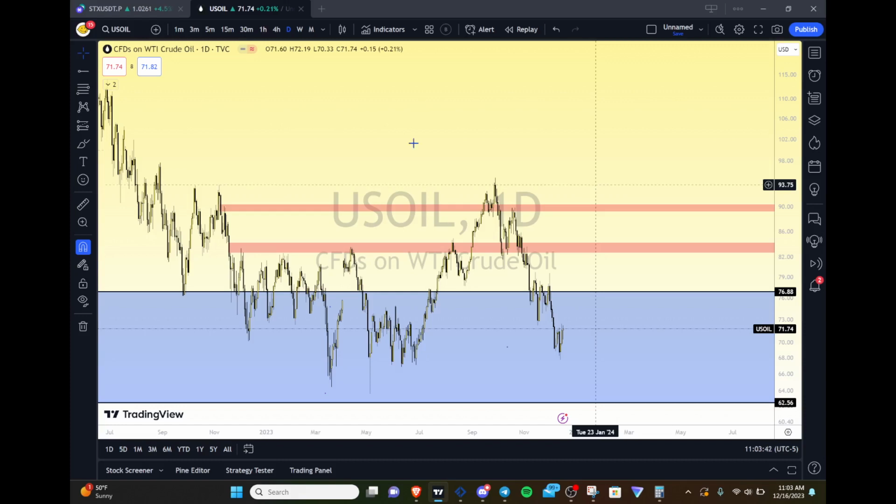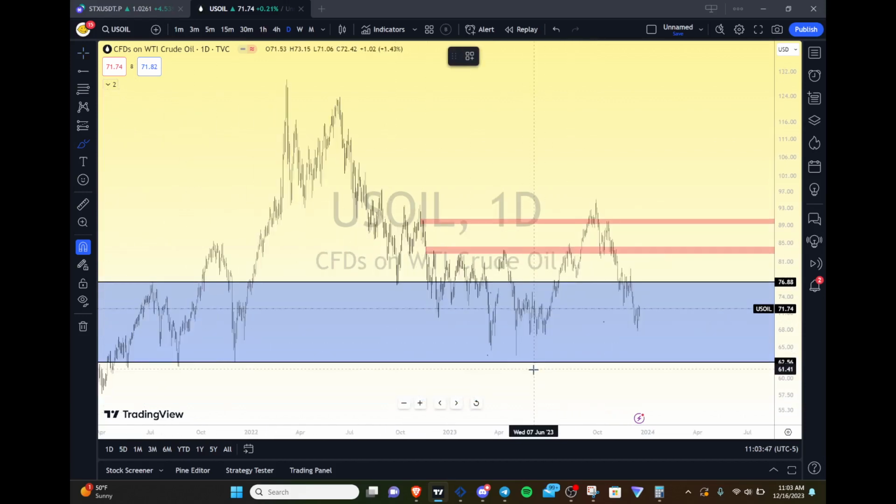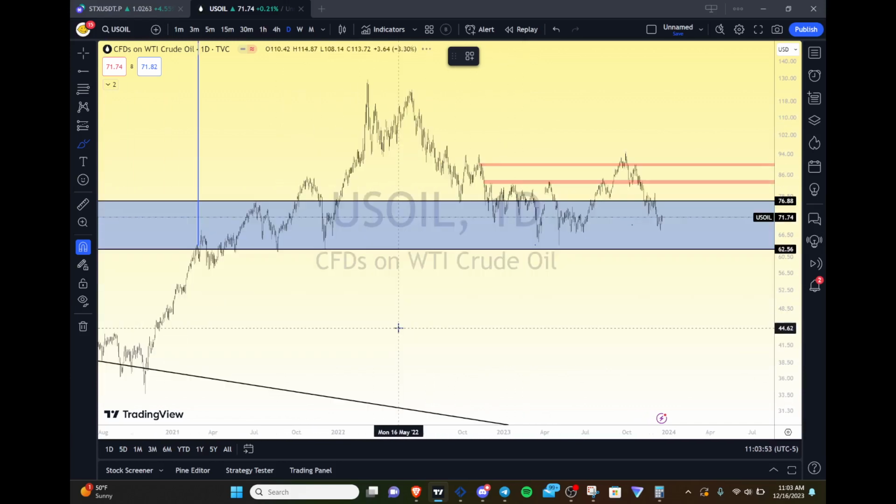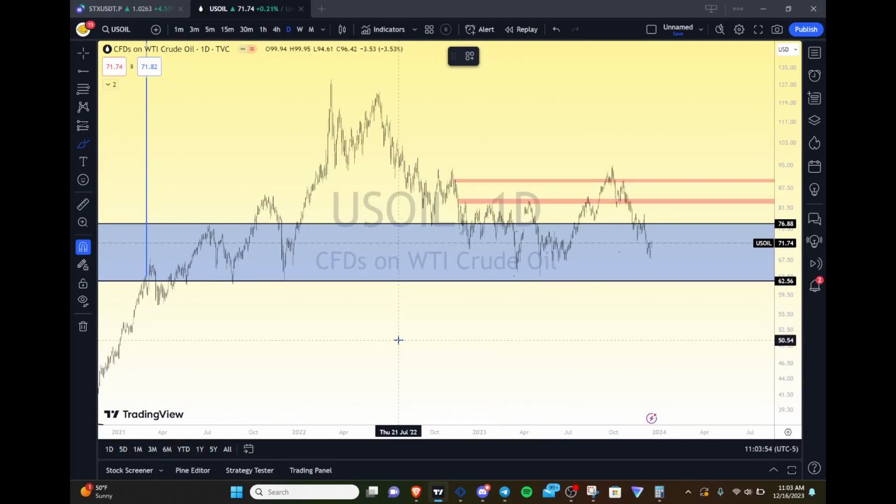There's even a hint here in the charts. So it's very similar to the dollar. We're breaking down, and everyone's like, oh my gosh, oil's going to zero. I've been seeing some crazy stuff on Twitter, some fools talking about oil going to like $20 a barrel, which is crazy. But oil's in an uptrend, guys.